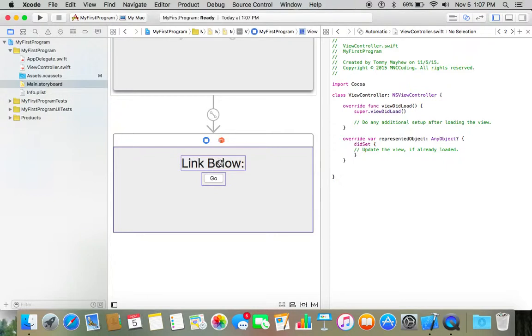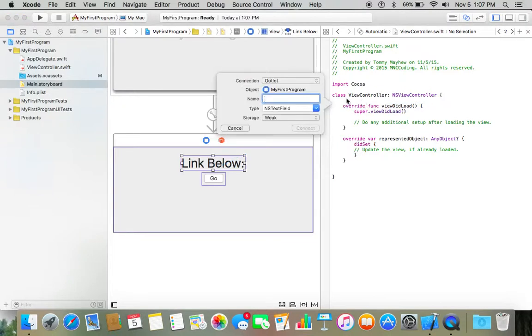So just click the label, hit control on your keyboard, and then just drag over here into just right here. And then yes, we want the connection to be outlet, and let's just call this link label, just like that. Just hit enter,